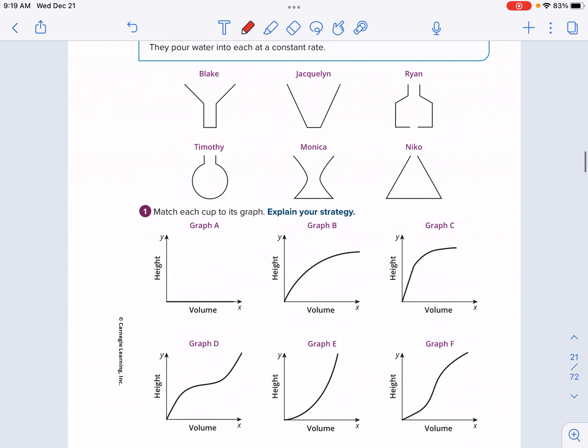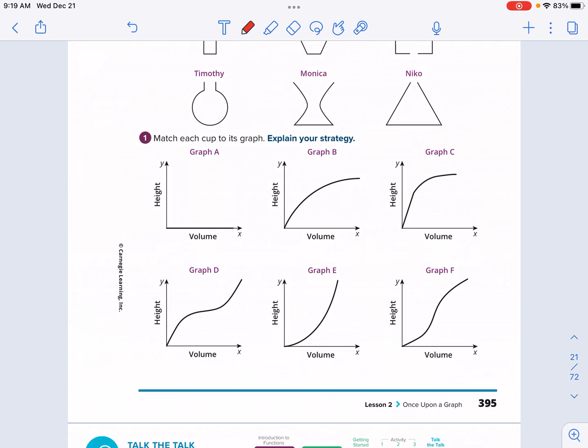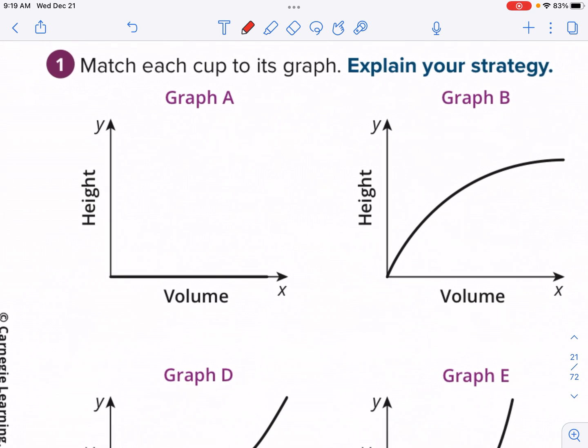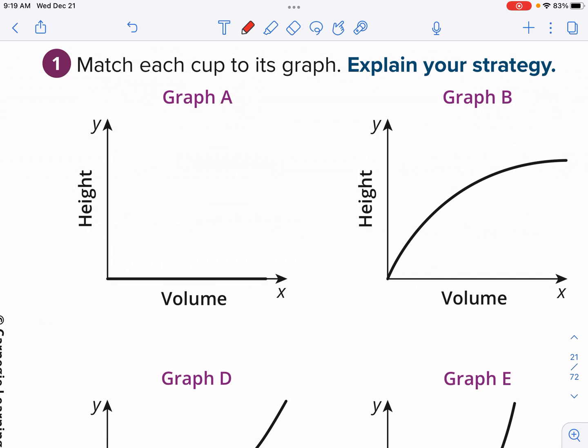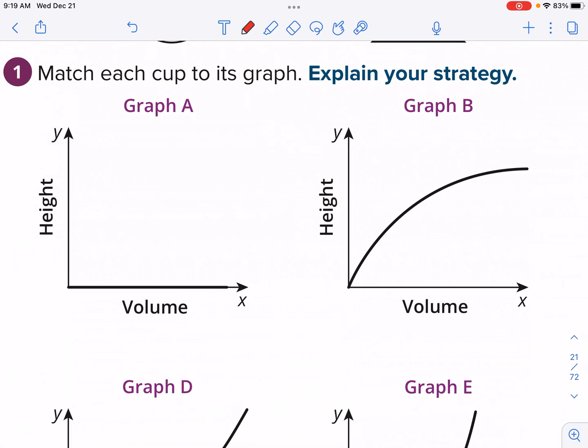Here we have 6 cups, and then we have 6 graphs, and we're going to write the name of the person and match them to the graph below on number 1. So if you look at the graph for this first one here, there's no arc or line like the other ones. It's hard to see, but it's actually just on the x-axis. What this is saying is that at 0 seconds, we're at zero